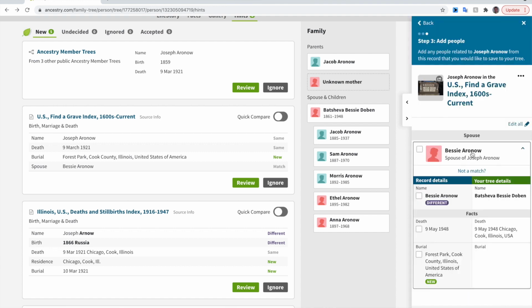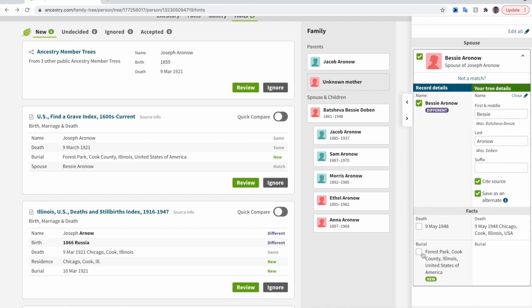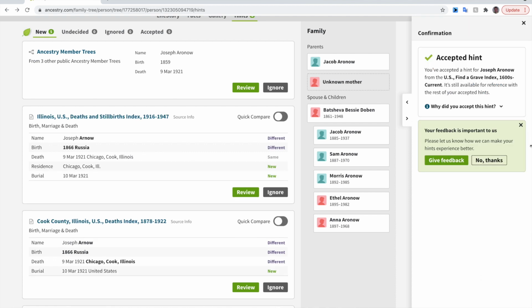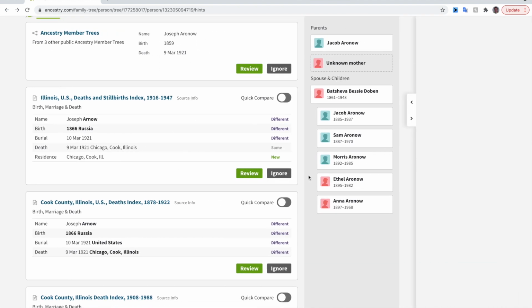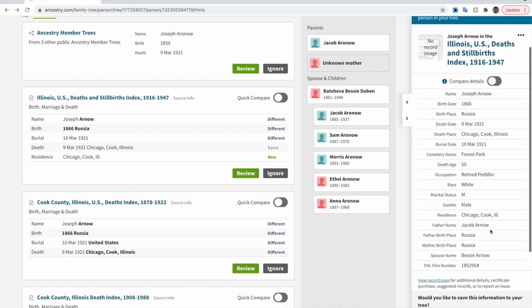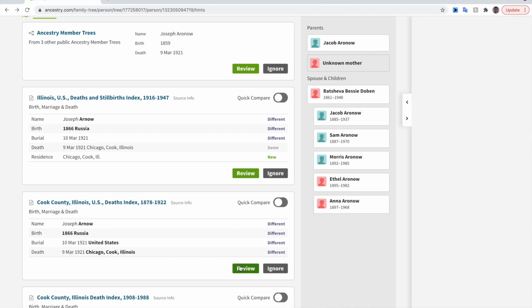Now here, luckily, it's realizing that yes, this is the same person. I'm going to save her name as an alternative. Everything's basically the same except the burial we didn't have. Save to the tree, and now we've got a little bit more. When we look at all this other information, I'm just going to do a quick click through and review. So we see Joseph Aronow, retired peddler, his father, Jacob Aronow, no name for the mother, wife's name's Bessie. And we look through some more,